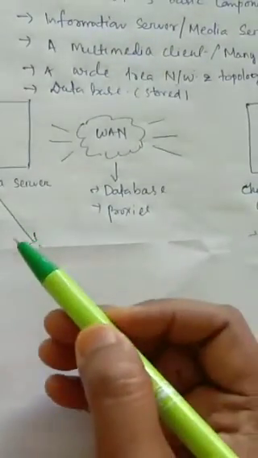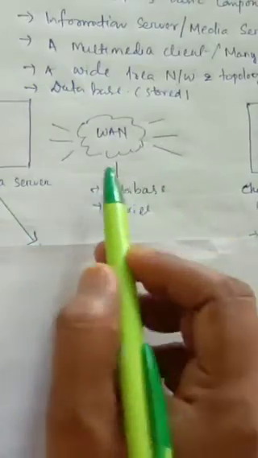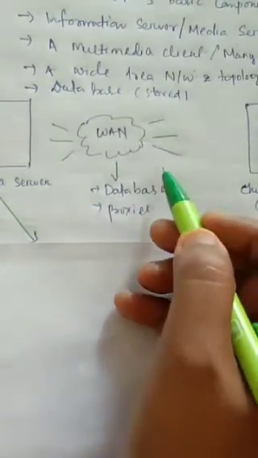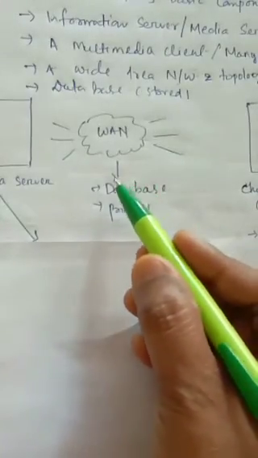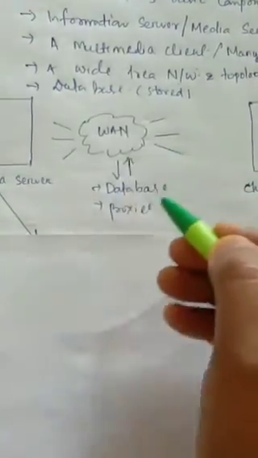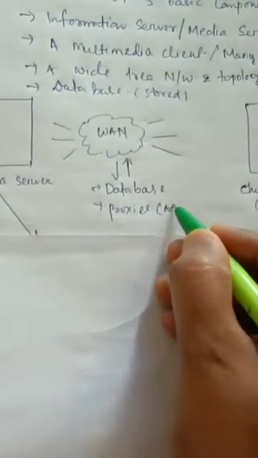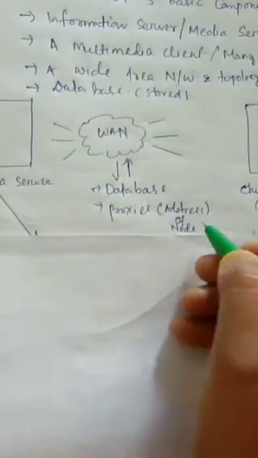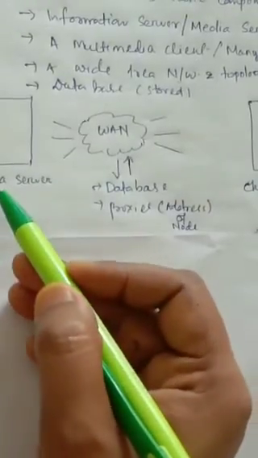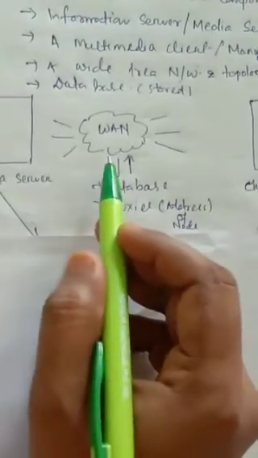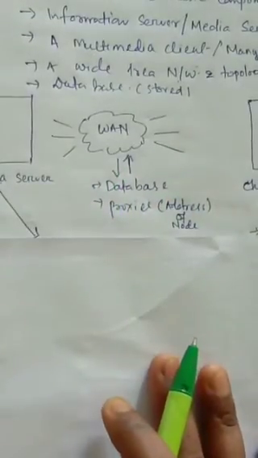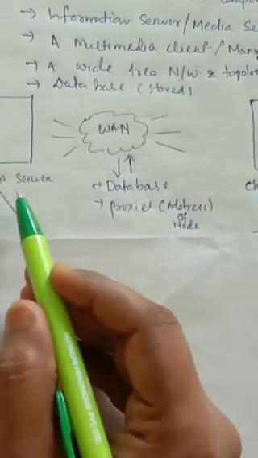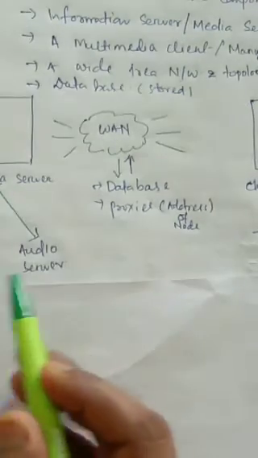Okay, so the basic distributed multimedia system works like having an intermediate wide area network with some topologies, and this wide area network is also cooperated with the database and the proxies. Proxies are the addresses relating to the node of each server, and the media server and the client, all these two are incorporated with the wide area network. And next, the types of media server we are dealing in the multimedia system is video server and audio server.